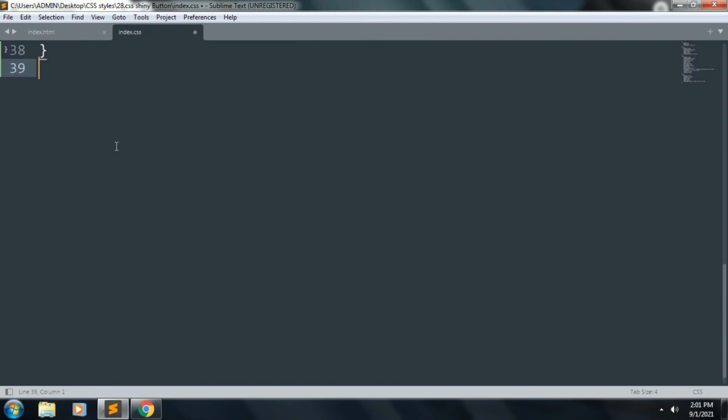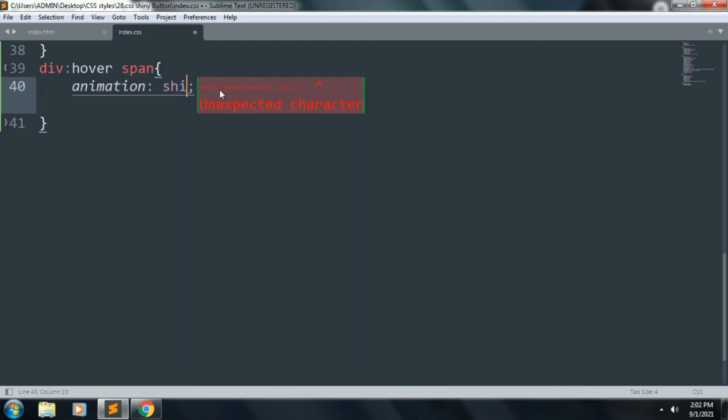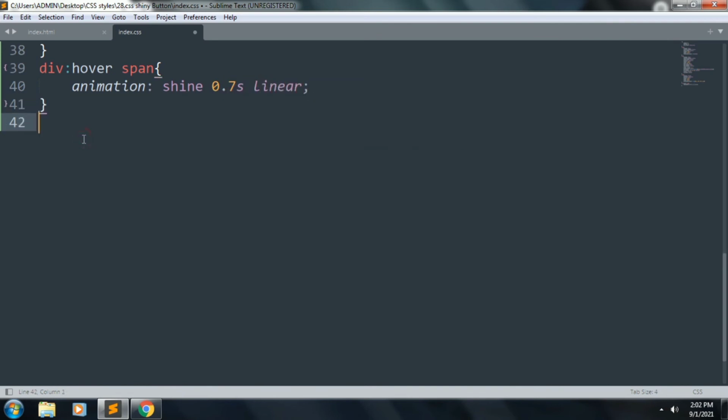Let's start to create our div hover span. Inside this we want to add an animation shine 0.7 second linear, and start to create our animation keyframes with animation name shine.